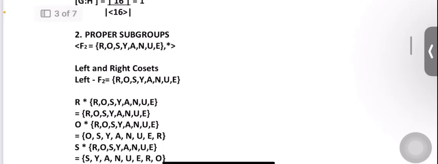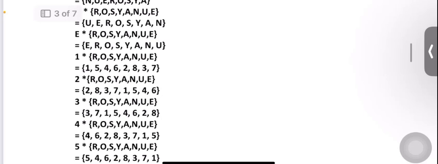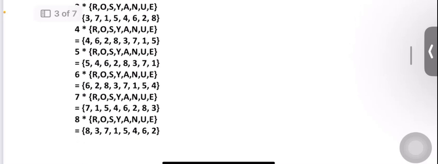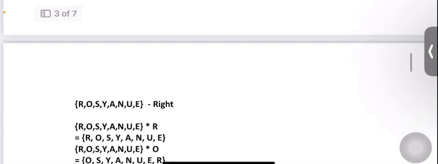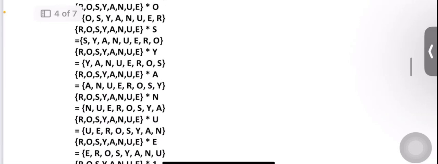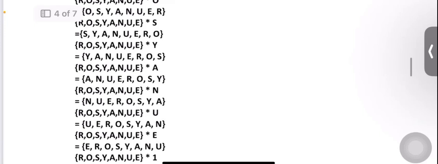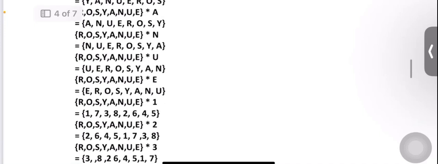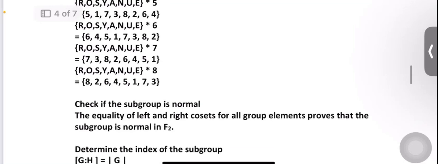So we will use the proper subgroups for left and right coset. As we can see here, and for our right coset, so we can check if the subgroup is normal.